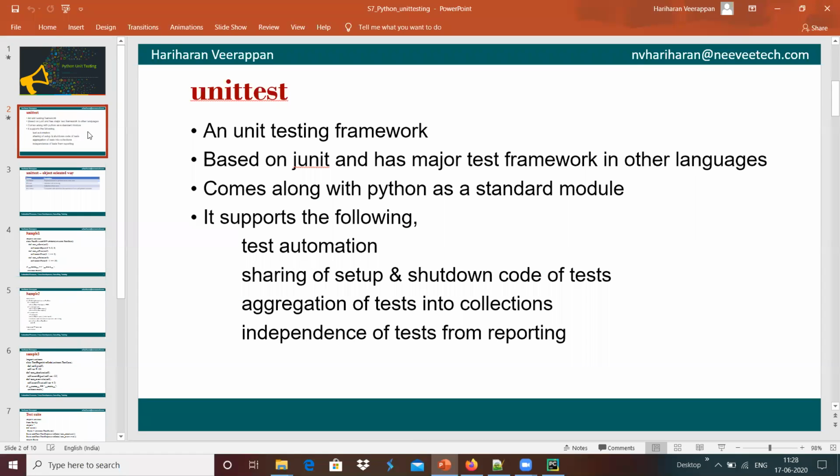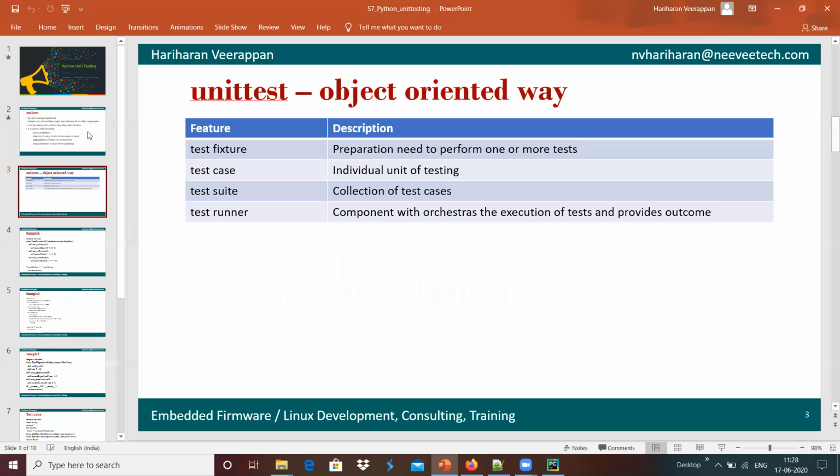It has the option to set up and tear down test cases, and we can collect test cases as a suite and run the test suites accordingly. We can also work in an object oriented way with test fixtures, that is, setUp and tearDown functions used for preparation before the test case and cleanup after the test case.